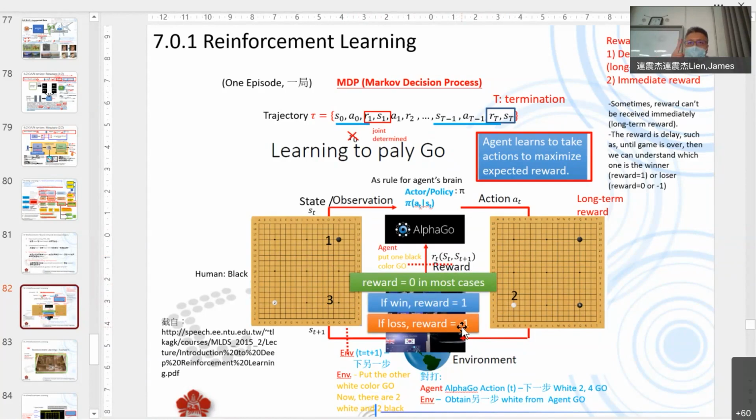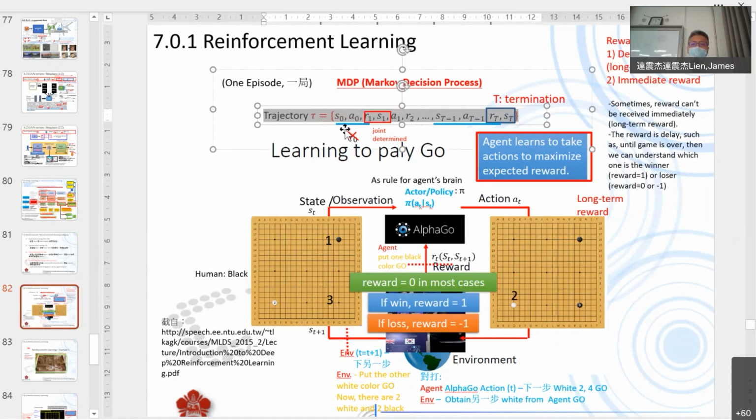So reward has 2 kinds. One is that you need to wait until the end of the trajectory. The trajectory is the sequence of steps: you take one photo, do one action, and get one reward. Then take a second photo, do another action, and get another reward, until the end.